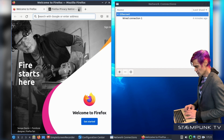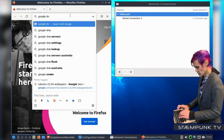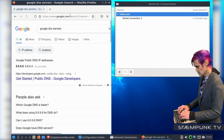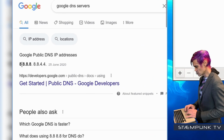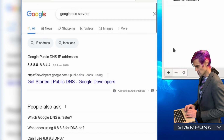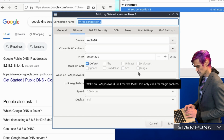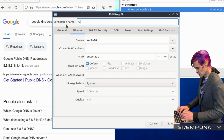Cool, and in Firefox, I'll do a search for Google DNS servers. And here are the Google public DNS IP addresses, which are 8.8.8.8 and 8.8.4.4. So for this wired connection, I'll select that and then go to the settings cog. And firstly, I'll give this connection a name. So I'll just call this Google public